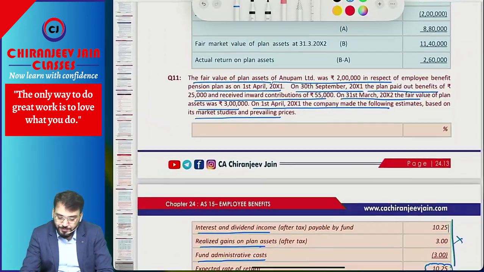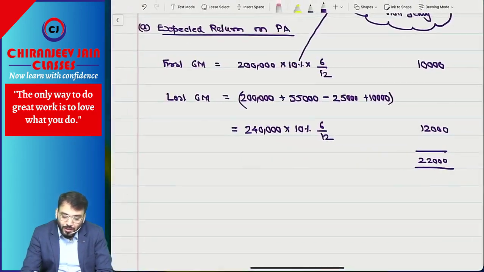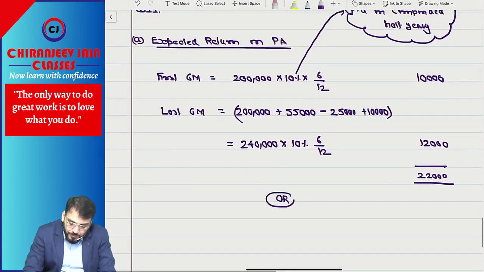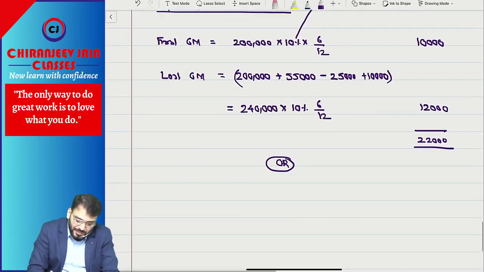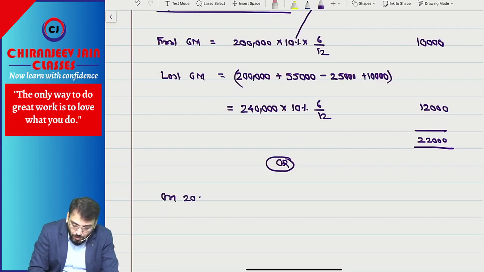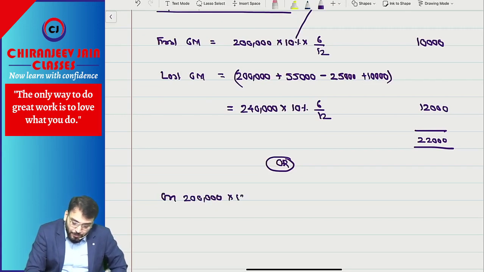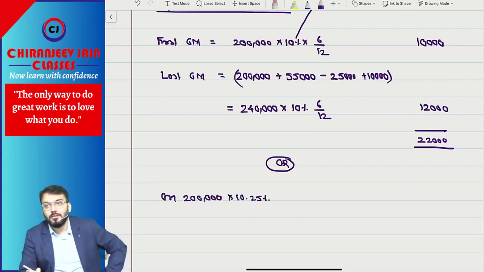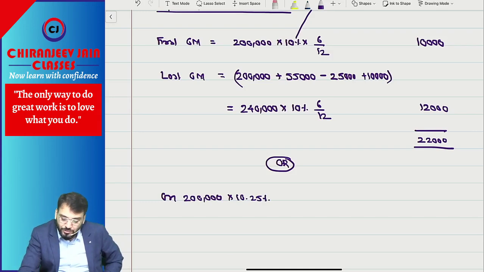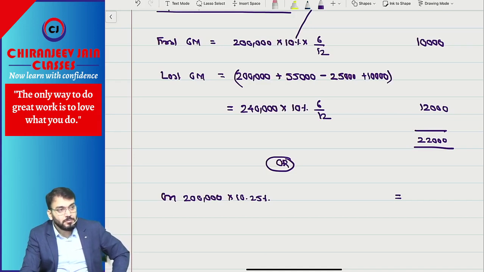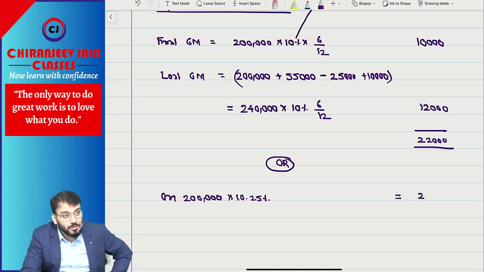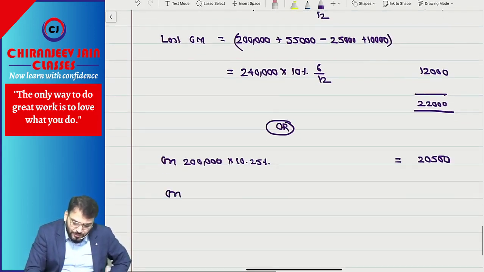Have you understood this point? Or can we solve it in this way? On 2 lakh, because 2 lakh is invested throughout the year, we can directly apply 10.25%. How much is it coming? 20,500. And can I say after 6 months again we invested